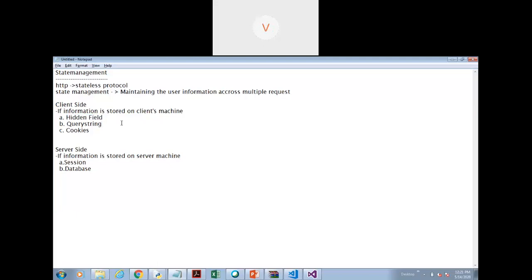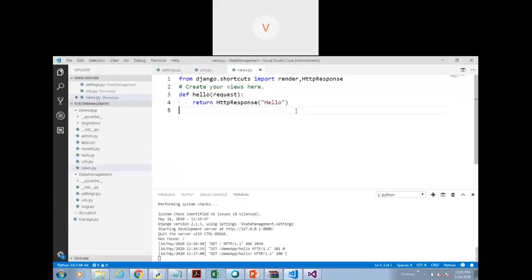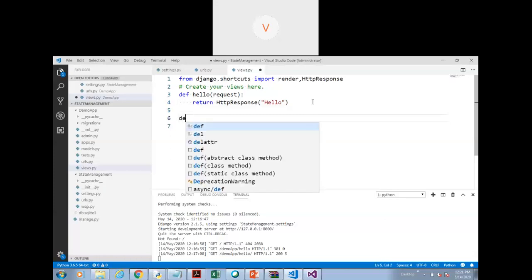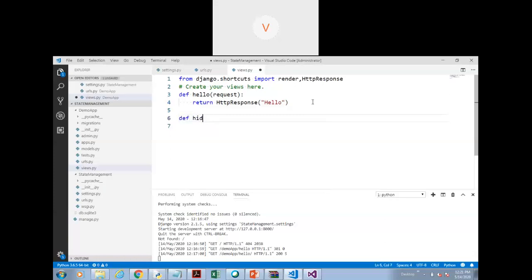As we have done in Flask also, we will create a form. We will accept the user information and then we will pass it to the same form using the hidden field concept. So let's come back and here I will say this hidden demo request. First I have to display the form.